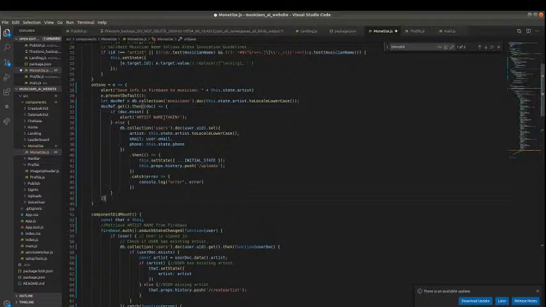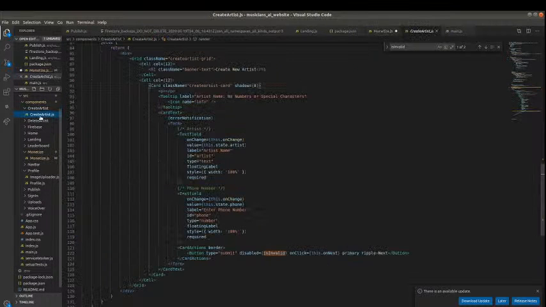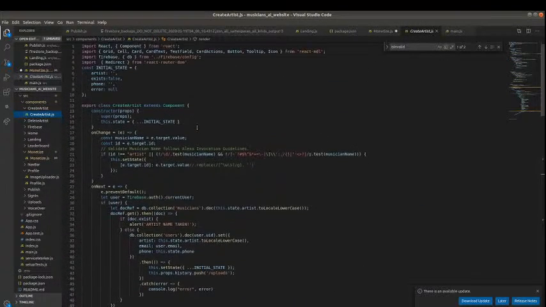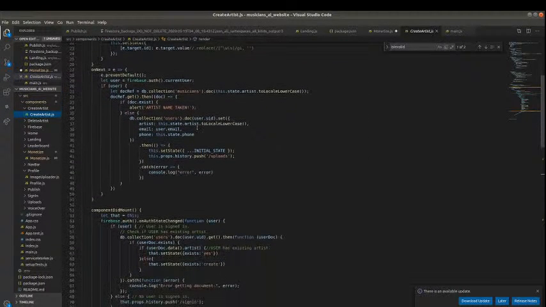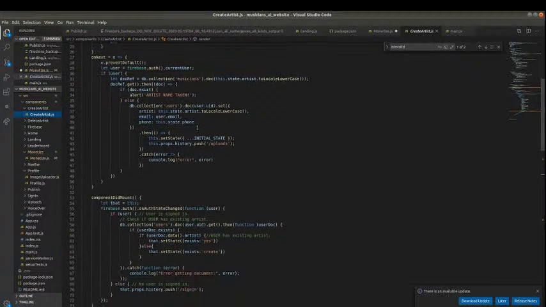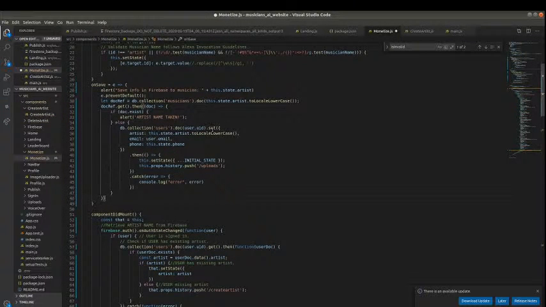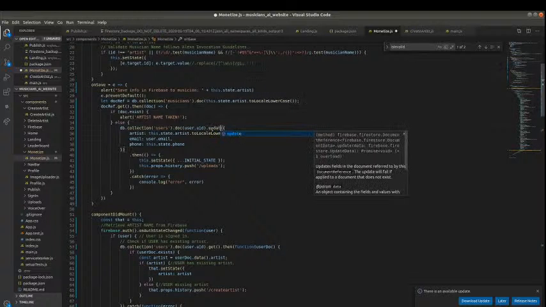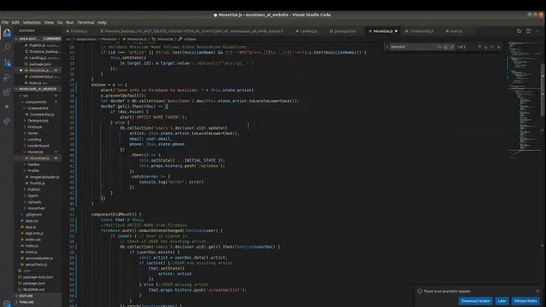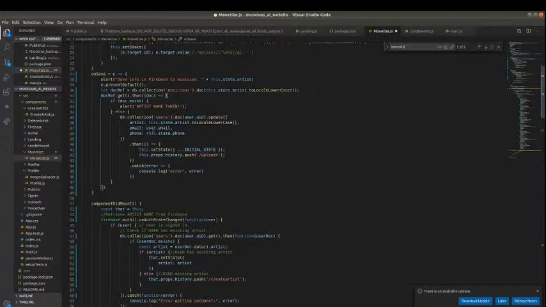Where else do we save info to that is typed? Create musician. So let's go over to the create artist one and see how we do it over here. Is there anywhere else we're just saving? I want to update. Instead of dot set, let's go dot update. And then we want to update